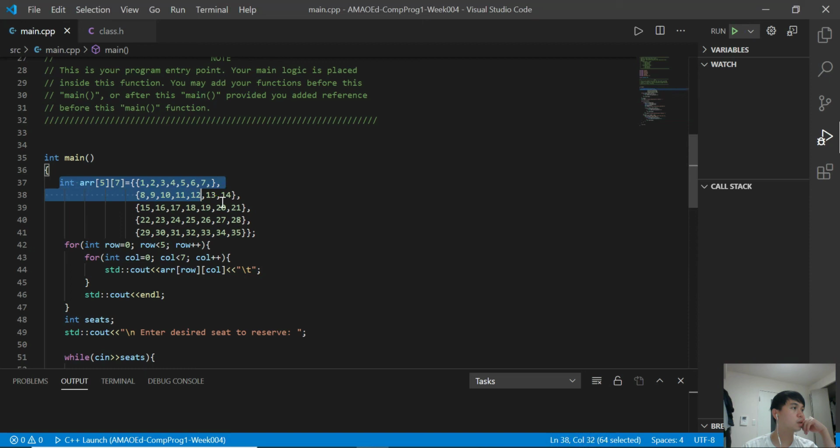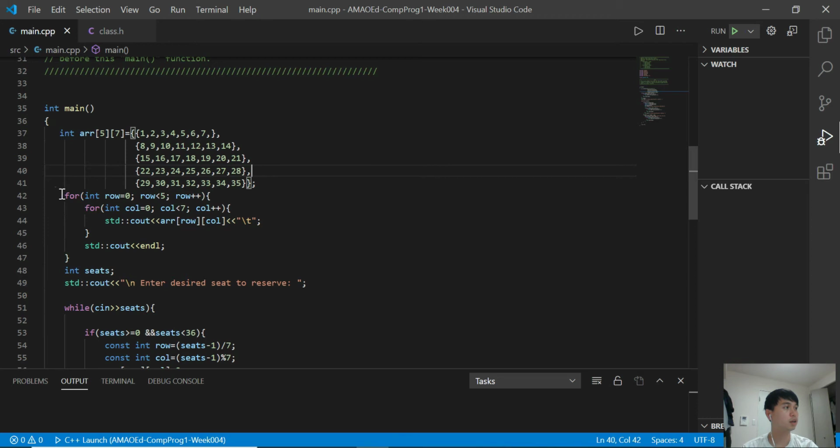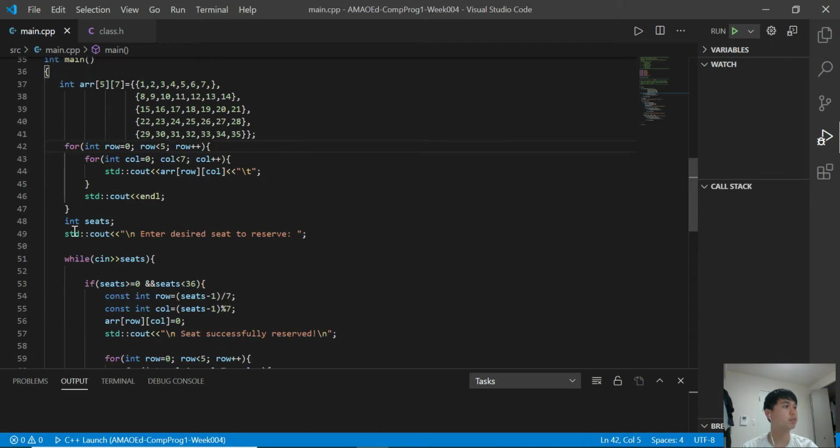So here I initiated my 2D array from 1 to 35, and here is to print and show that array. To print, this is the loop I use to print out the array so that the user can see the seat arrangement, and after that they will be prompted by